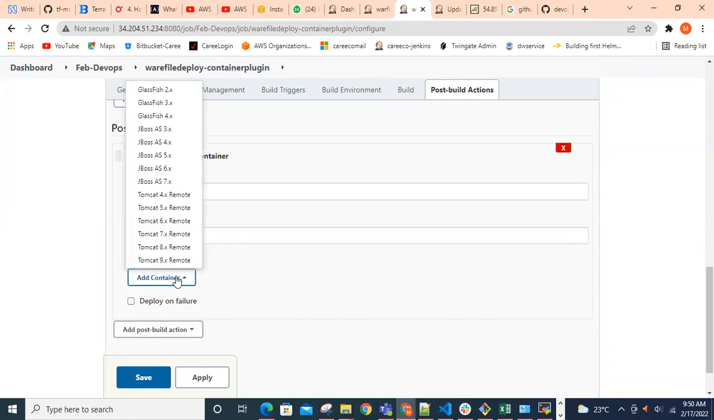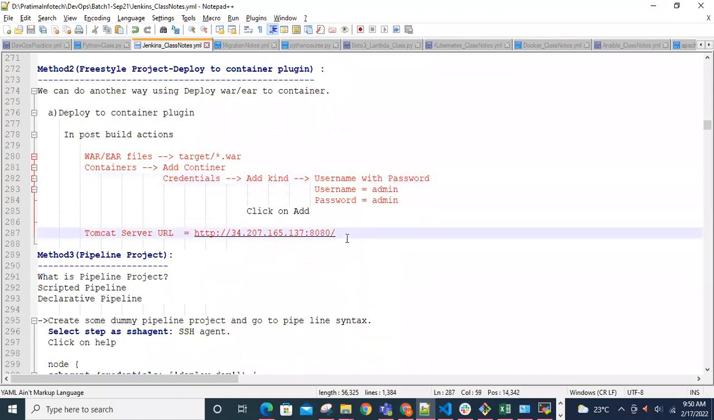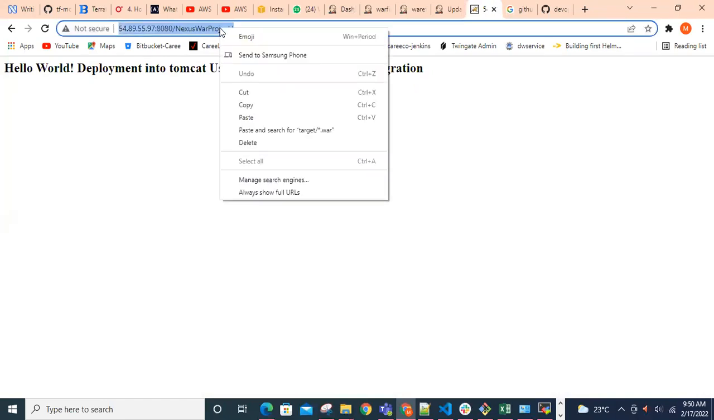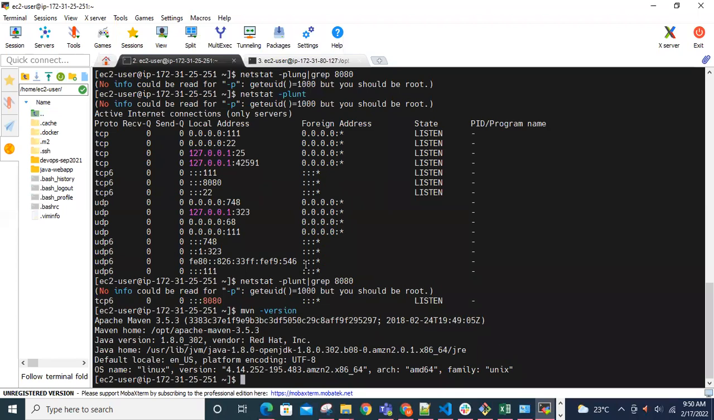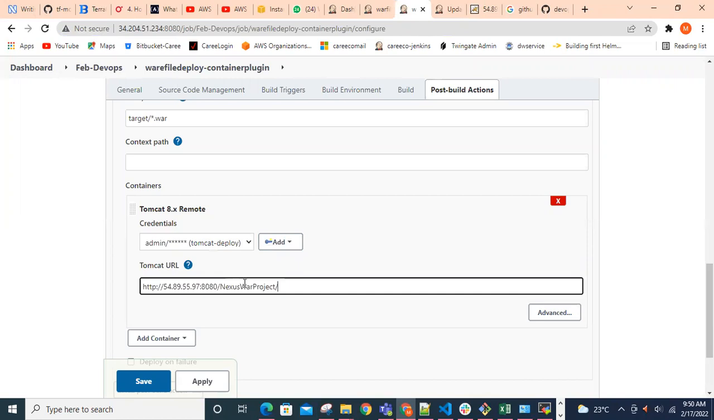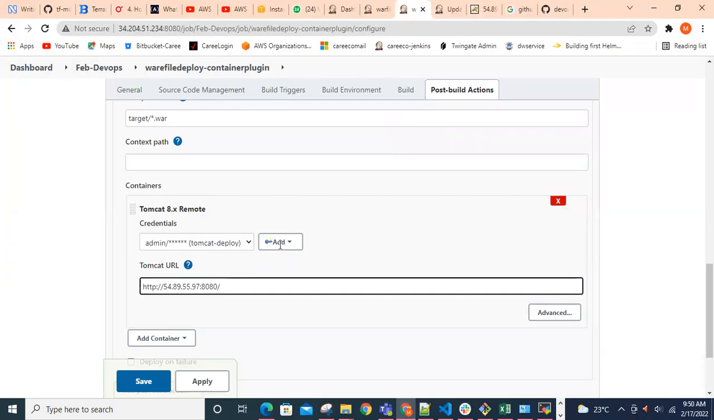Okay. Which one you want? Install Tomcat 8, right? Tomcat 8.7 point something. Tomcat 8 version. Okay. Credentials. So anyway, I will change it. Okay. Tomcat deploy admin. We have to do that. Then Tomcat URL. Copy this URL. Remove the jar file name. Same name, HTTP slash